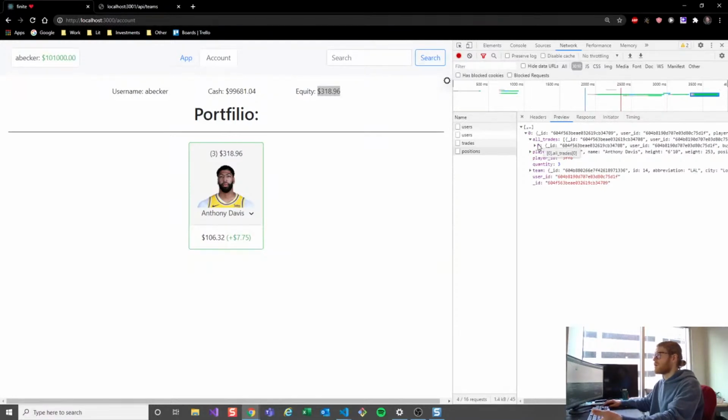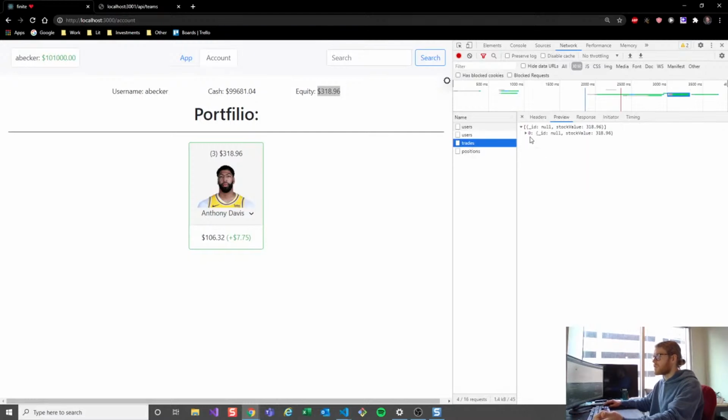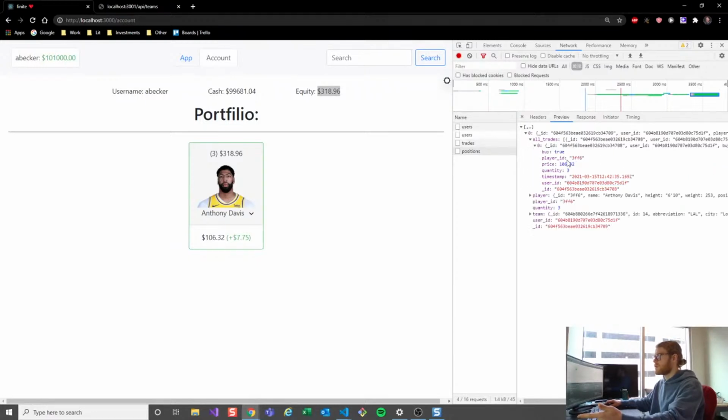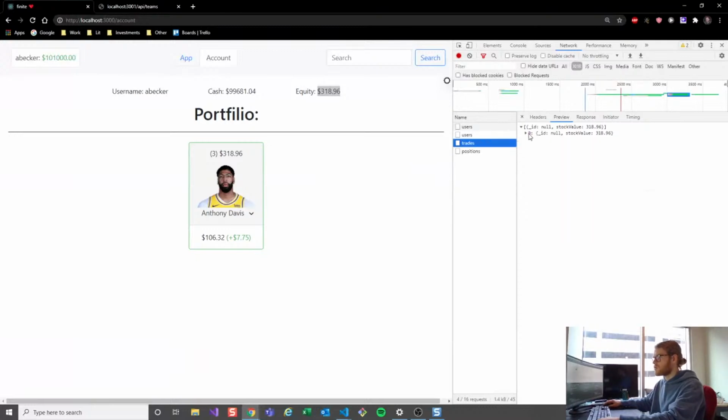It's kind of like an array of all of the trades, which is this endpoint right here, that have been made with this player. So this all trades part of this position is an array of all of the trades in this endpoint matching my user ID, the current user's ID, and the player ID. This is the trade. It's a buy. There's the price, the quantity, and the time that it happened. So there's the user ID, and then if you go into trades, you can see that